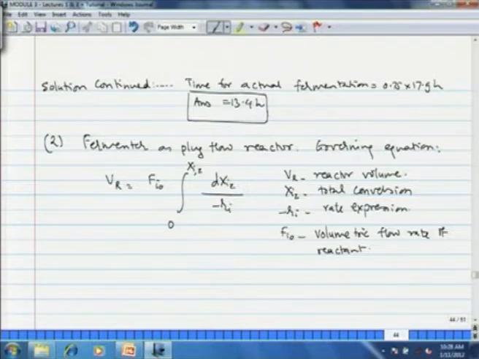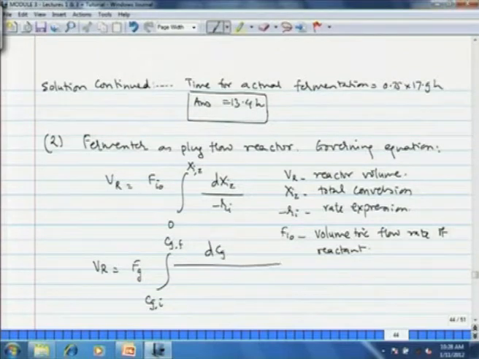Now, again volume is going to remain constant. So, what we do is that we convert this conversion in terms of concentration. VR is equal to F G, because here the flow rate is that of glucose, okay, integral from CGI to CGF, initial concentration of glucose to final concentration, dCg divided by 1.6 into 10 to the power minus 3, exactly the same thing, but with slight modification of the concentration of the microorganism.